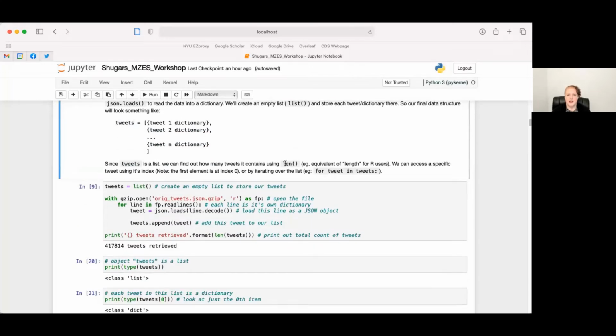In Python, we can use len to figure out how many elements are in that list. So it's basically length, but shorter. And I'll also note that Python uses zero indexing. These are the kinds of things that confuse me all the time when I try and switch between languages. So here we'll just initiate tweets as an empty list that we'll be using to store our tweets as we